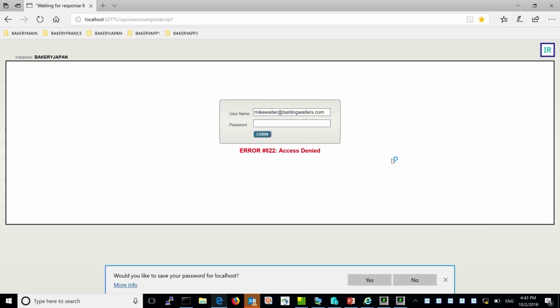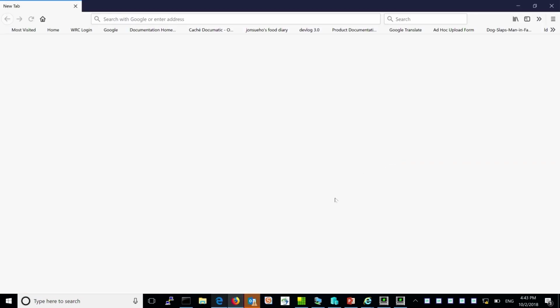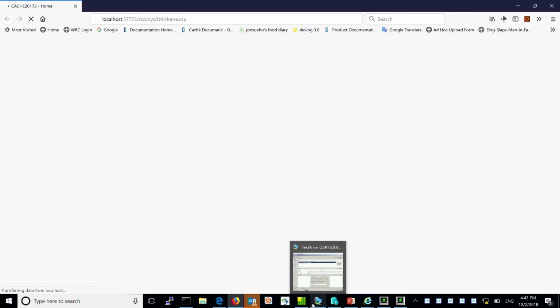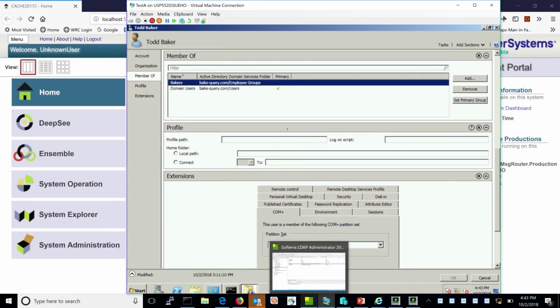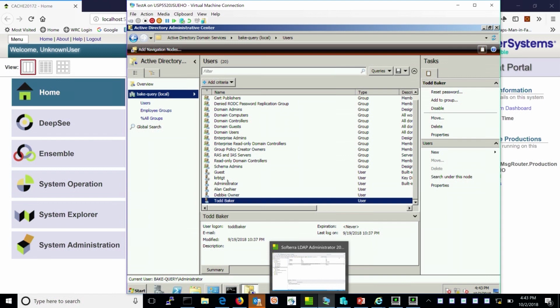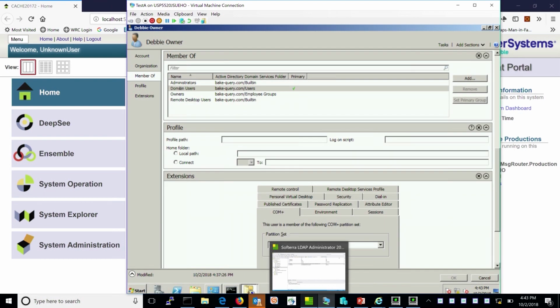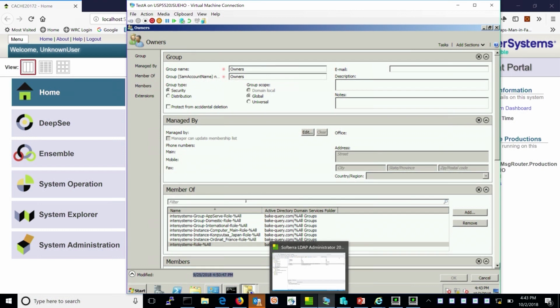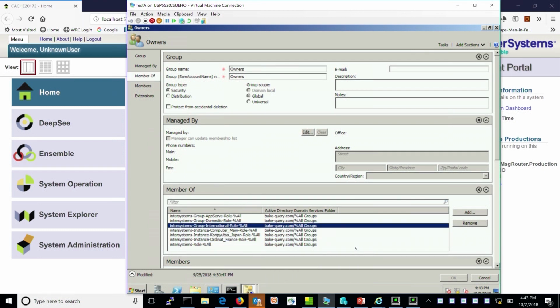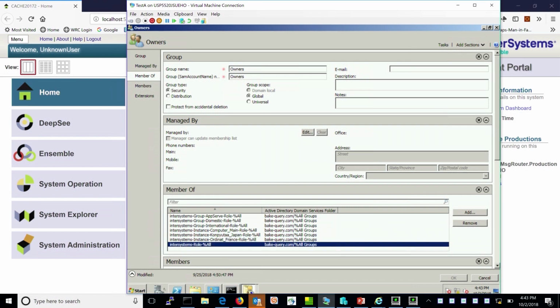But I can show you that this already works with existing cache, ones that don't even have the new functionality. So if I go into my owners group, Debbie owner belongs to the owners group, and in addition to all of these very specific ones that have IDs, she also belongs to this one,